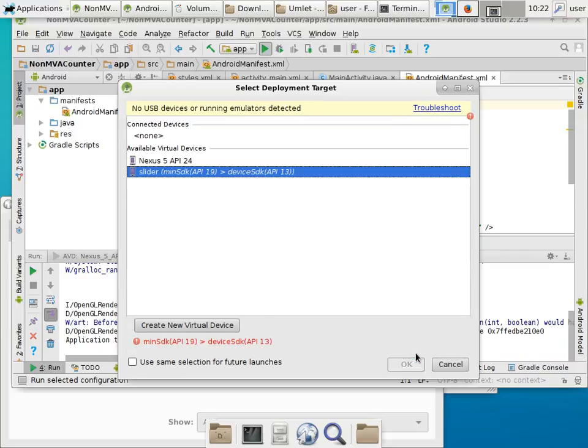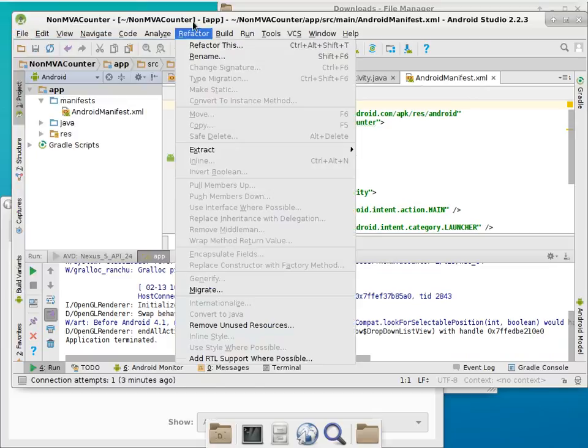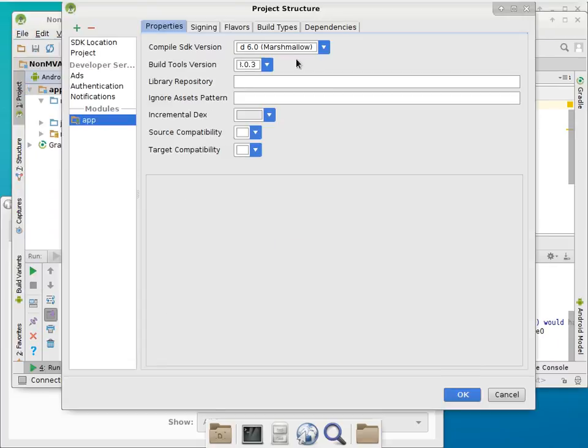So you did have that in SDK. Yeah, I did, because I have to change it. So we can change that now. We can right click on app, go all the way down to open module settings, and now we can downgrade all the way to 13. And then see how it's going to impact